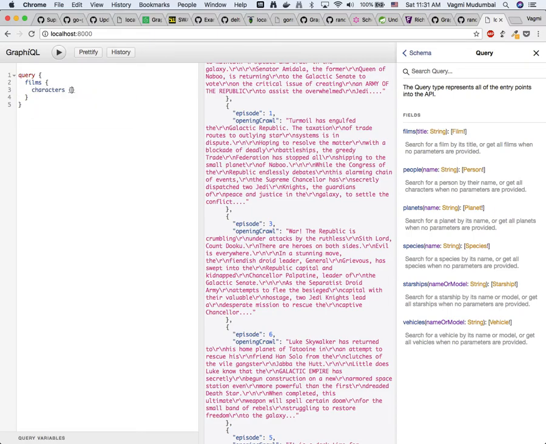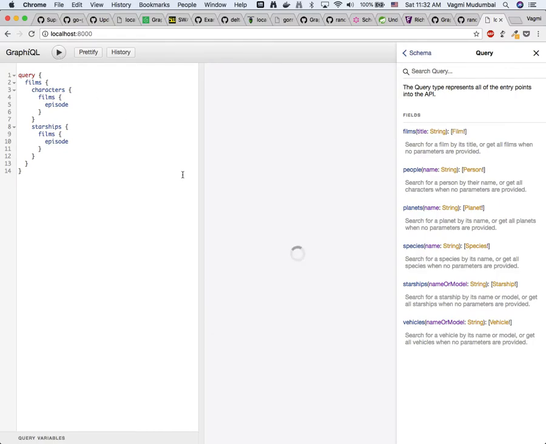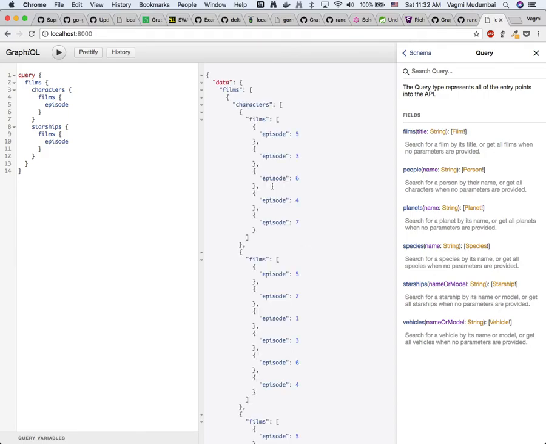So let's get characters, and we'll get all the movies that they participated in, episodes they participated in, and we'll get starships and all the films that they participated in. And here we'll again give the episode. So this is going to make all those calls, but I mean, in a sense, this has a loader implemented,